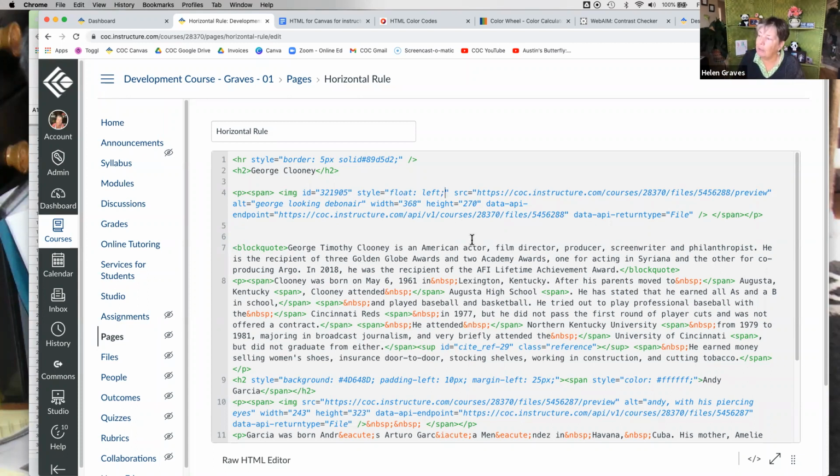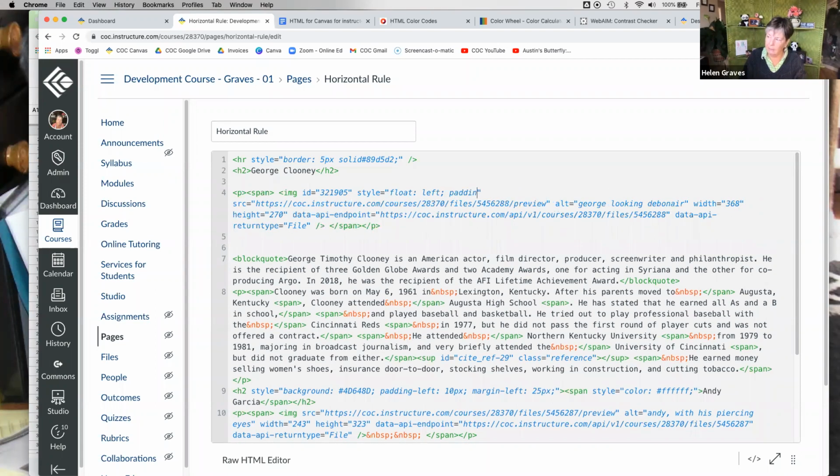So after the float left, I add a semicolon, which is essentially the ending punctuation for a little parameter. I've got my float left and I want to close that parameter, so I put a semicolon. Then space, padding, hyphen, left, colon, space.